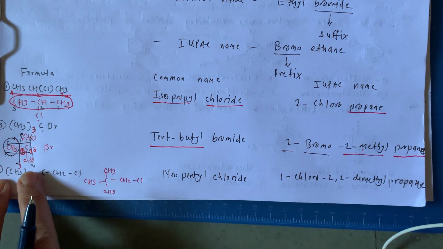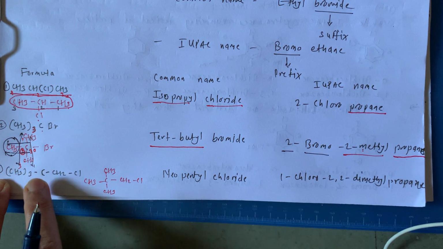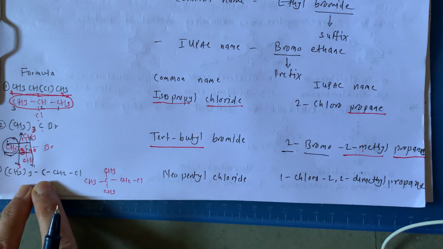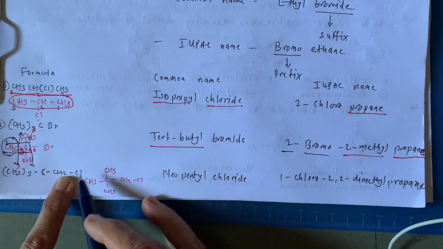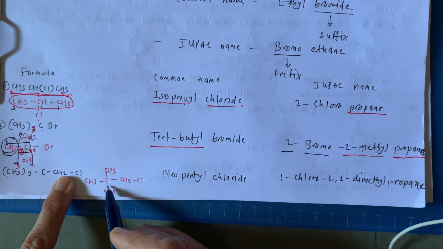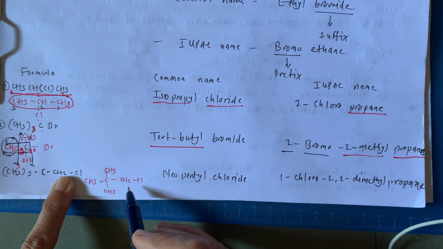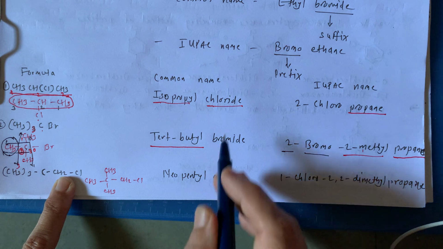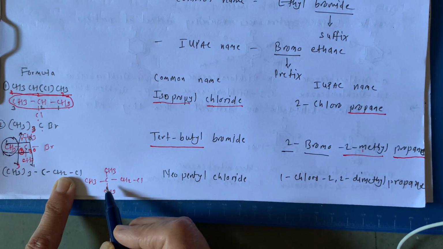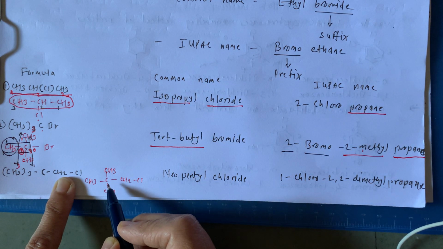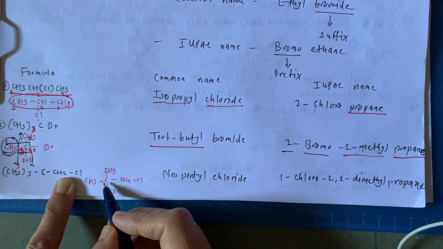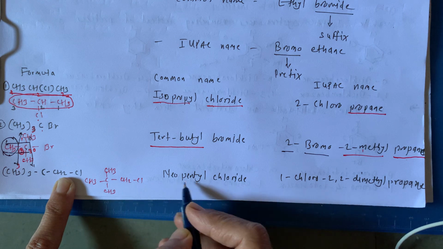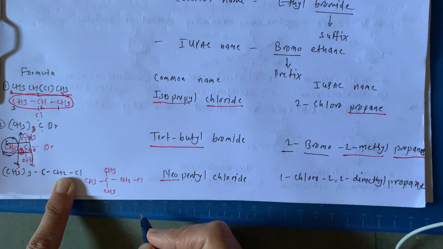Here it is CH3. Again, those are the 3 groups attached to this carbon. Okay, then there is CH2 and Cl. So I am writing in a long form like this. Around the C there are 3 methyl groups, CH2, Cl. In the common name system, which type of carbon is this one? To this carbon there are total, here it is, this is known as neo group. This is known as neo.